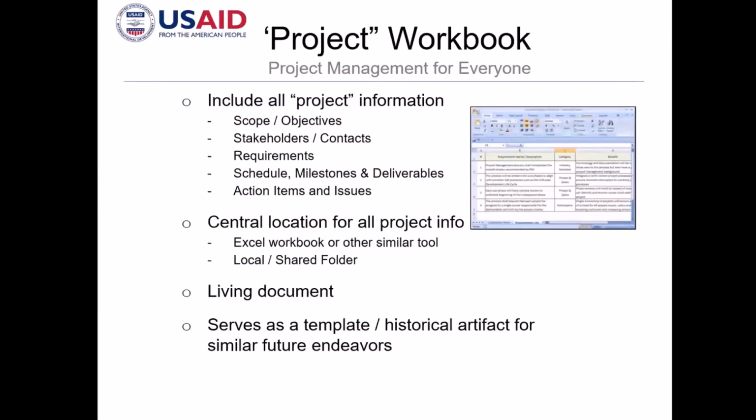So the project information that will be included in your project plan is already the specific scope and objectives, the final stakeholders and contacts, the final requirements, right? As I've said, you normally go over your list of requirements, right? But this time, once it's already in the project plan, that's it, right? There should be no more changes, if possible, in the requirements. Otherwise, your project will be never ending.